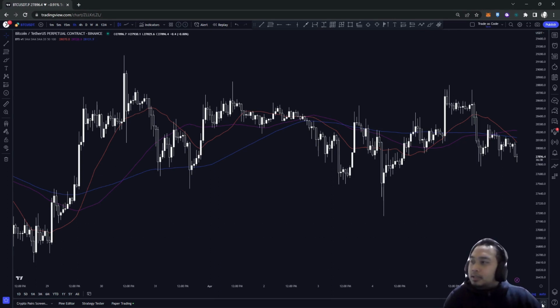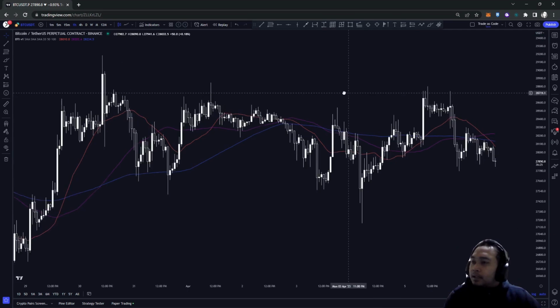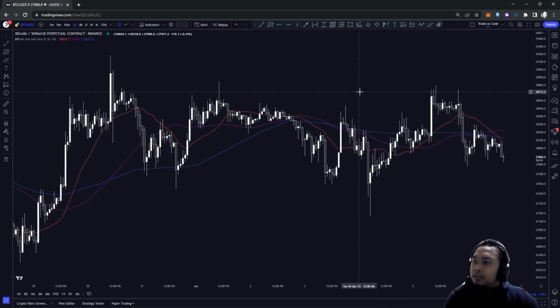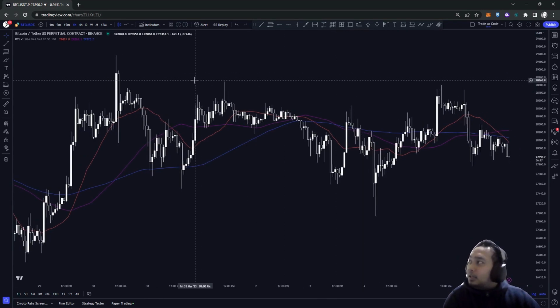So you can see we have the script of our new indicator here, and if we want to add an existing indicator, we can